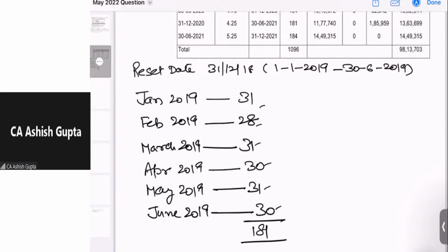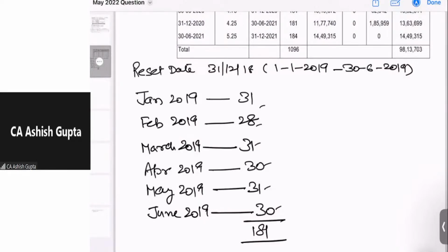181 days. Now student, here it is very important. This will be an agreement for the future period, because if we are on any date and the rate is known, we don't buy or sell any option. It is mainly for some future period. Accordingly, the reset is always applied for the forthcoming period, not the retrospective period. It is very important to know. So accordingly, 181 days will be there.